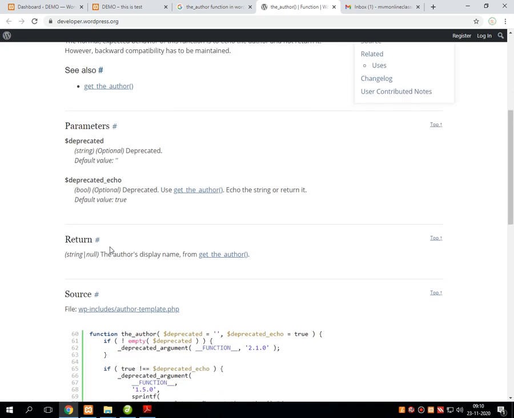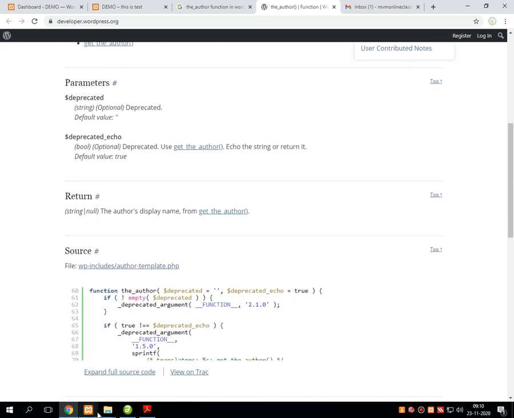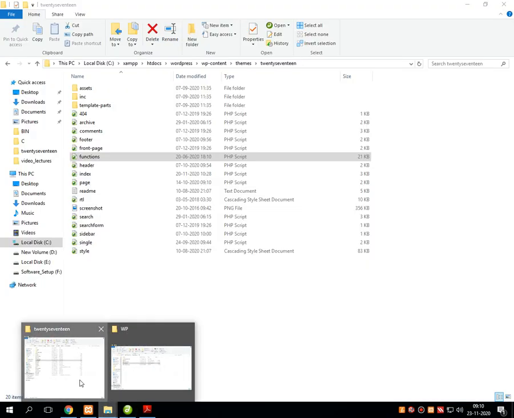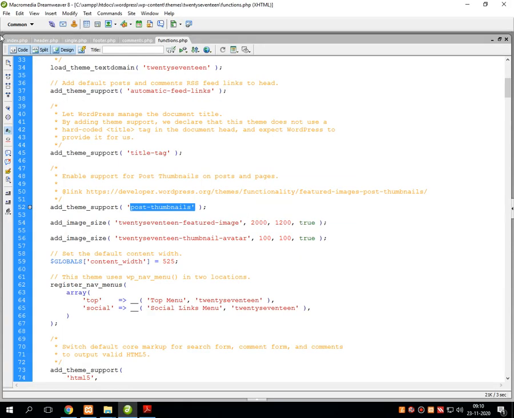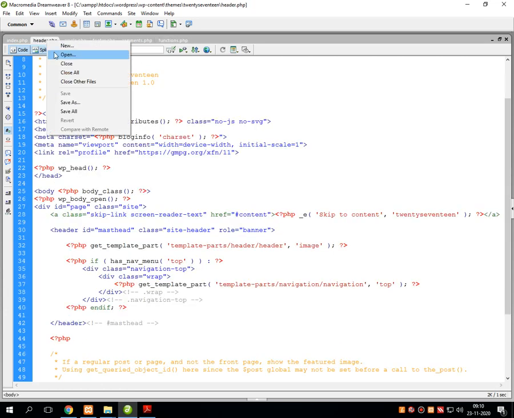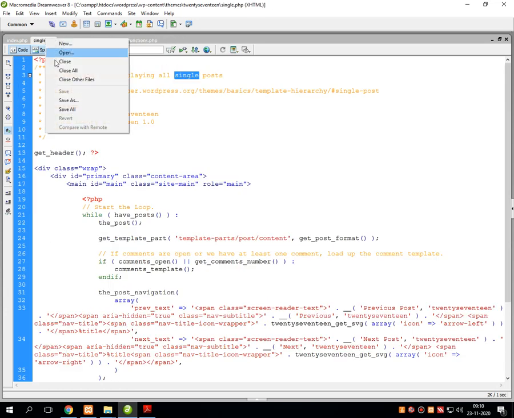Now this particular function works with the current physical directory and the file which is called index.php. Let me close the other files also.